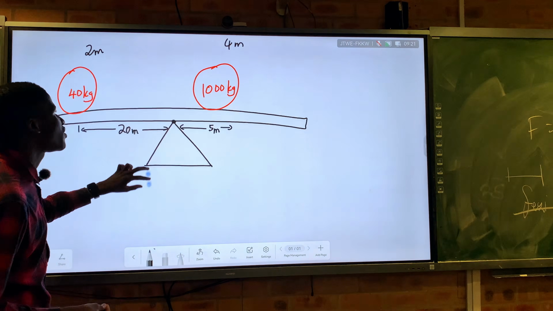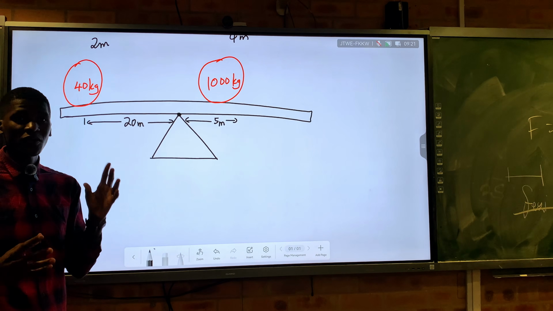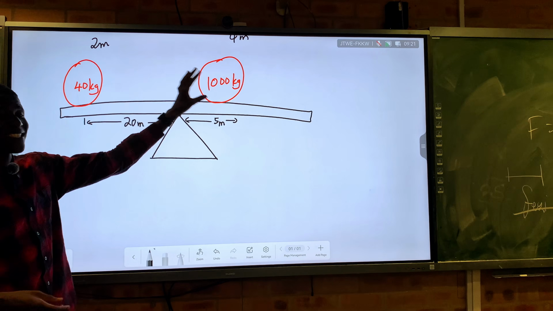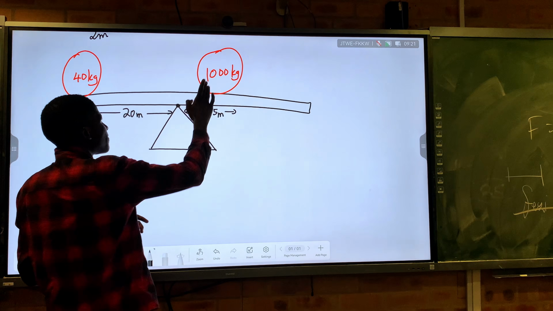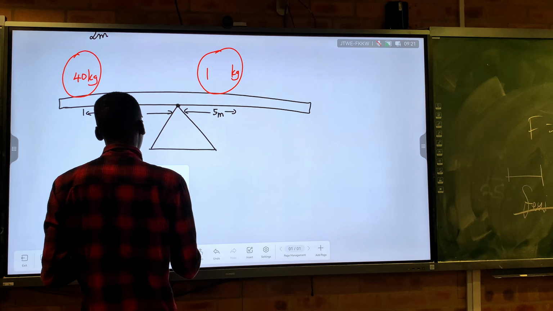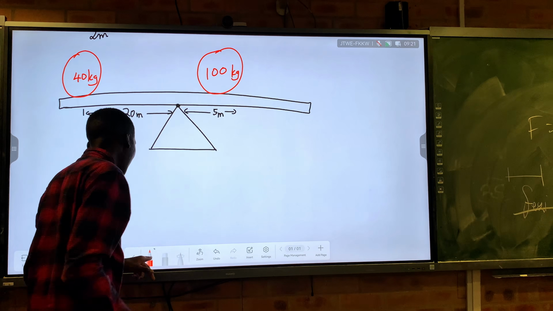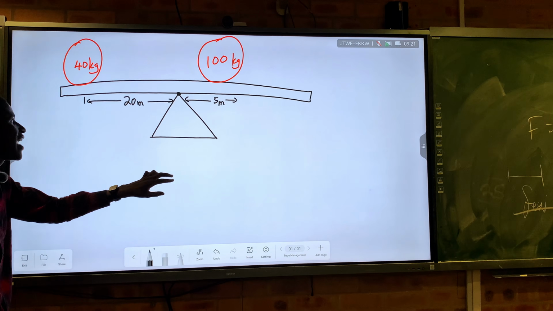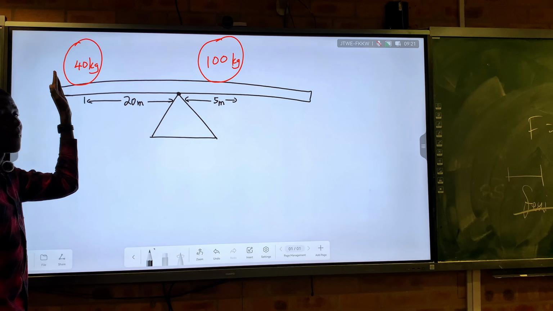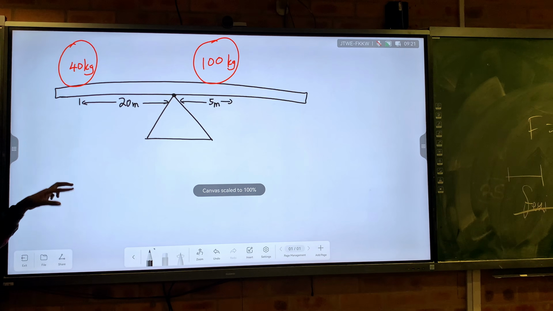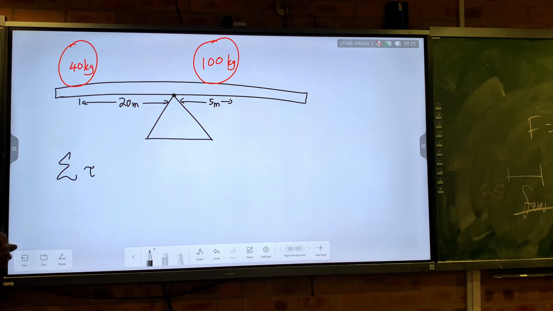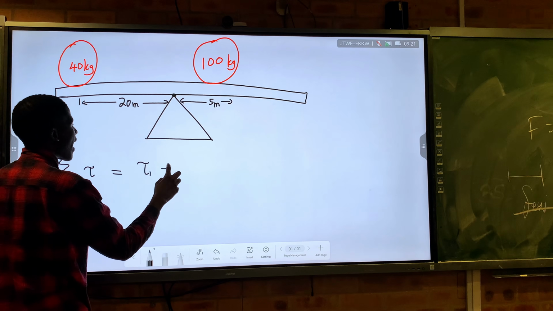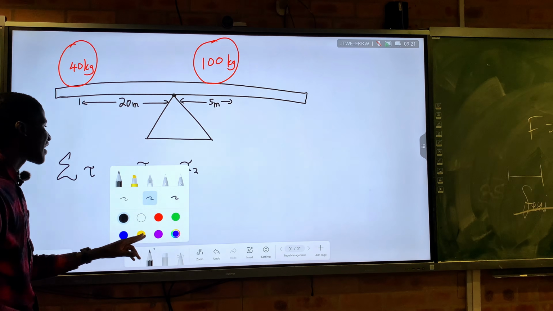So I get to determine which direction this will rotate, because basically we're having two objects here. You might ask yourself which direction it is rotating. But let me just adjust my mass here and make it 100 kilograms, just to prove one point. So if I make it 100 kilograms, I place my object closer, and there I place the object far away. I can try to see what is the net torque on this seesaw. So if I do the net torque, the sum of all torques, I will have torque 1 and torque 2. But let's look at their directions.